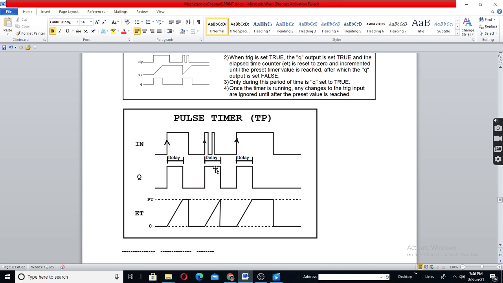In some manufacturers, the pulse timer will act differently, meaning they will give two options, whether you want this operation or this operation. They have two categories, pulse timer and extended pulse timer. Anyhow, you study like this, but when you are going to operate on site, you have to study the operation manual.